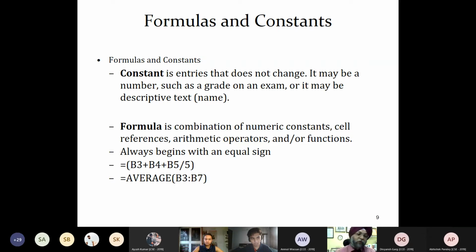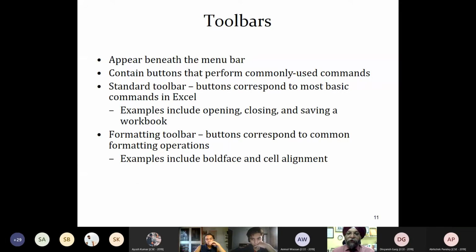Further, for averages, suppose average is also one of the functions. Suppose we want the average of B3 to B7, so you need not tell Excel to divide by 5. B3, 4, 5, 6, 7. We need not tell it to divide by 5. Equal to average B3 is to B7. Is to means from B3 to B7 it will take all the digits, and if you press enter you will get the average of all.